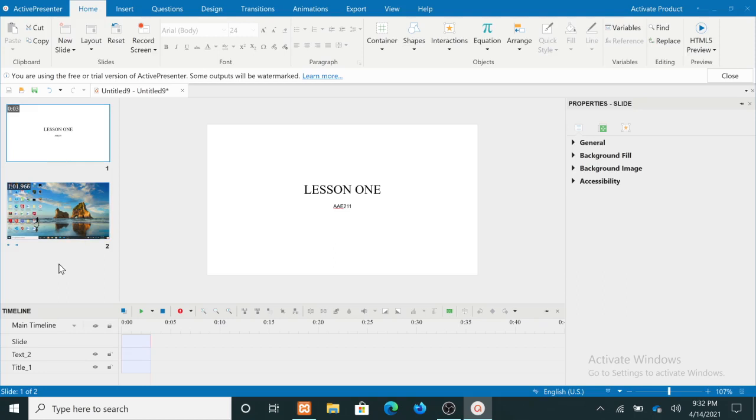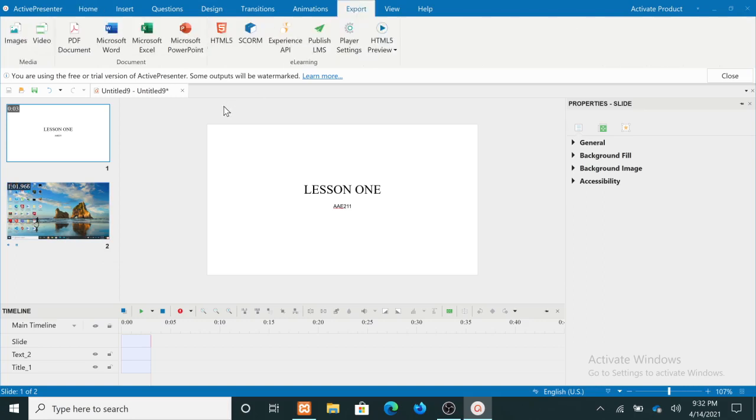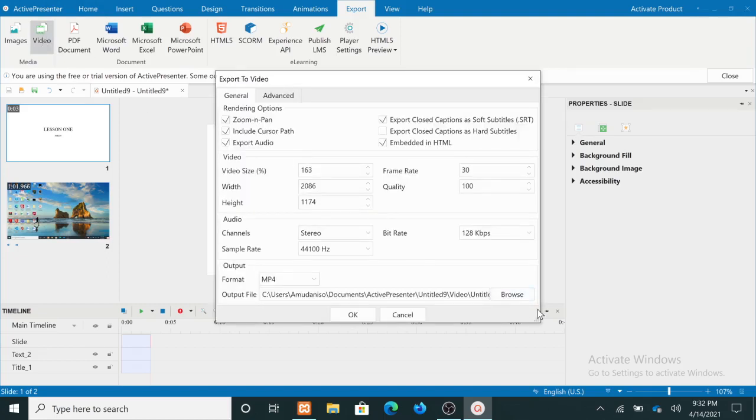So how do we now export our video file? To export the video file, what we need to do is go on top here where it says export. So I'm going to click here, then I'll go where it says video, and when I hover on top of that, it says export to video. So I'm going to click on that icon, and then it will give me this pop-up. From here, at the bottom, it says output file. On the output file, there is an option whereby I can specify where I want my video to be saved. So here I'm going to browse